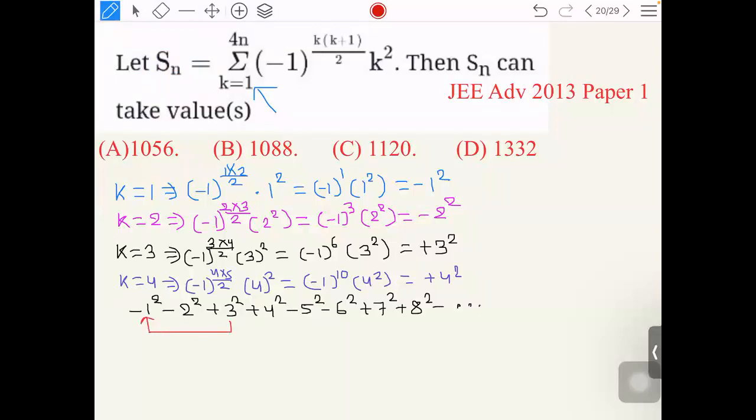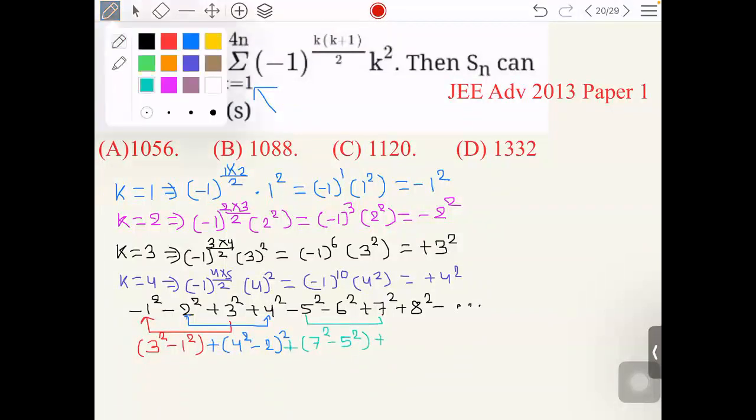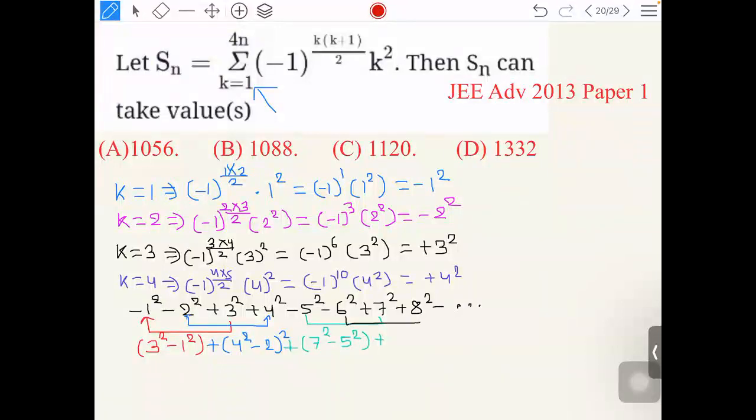इन दोनों को साथ में लिया मैंने, तो मैं क्या लिख सकता हूं? 3 स्क्वायर -1 स्क्वायर। फिर मैंने इन दोनों को साथ में लिया, 2 और 4 को, तो मैं क्या लिखूंगा? प्लस 4 स्क्वायर -2 स्क्वायर। फिर मैं इन दोनों को साथ में लूंगा, 5 और 7 को, तो मैं क्या लिखूंगा? 7 स्क्वायर -5 स्क्वायर। फिर मैं 6 और 8 को साथ में लूंगा, तो क्या लिखूंगा? 8 स्क्वायर -6 स्क्वायर प्लस डॉट डॉट डॉट, ये चलता जाएगा।